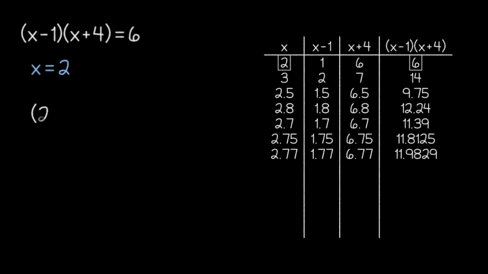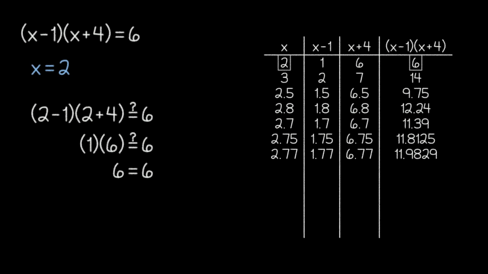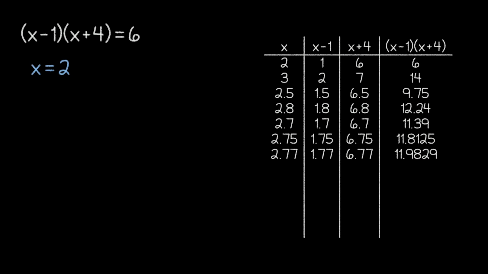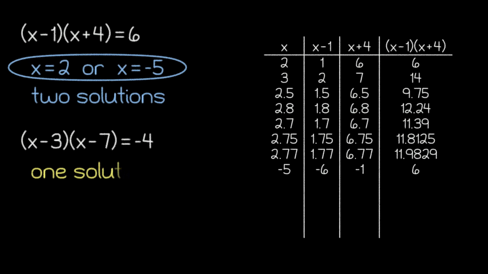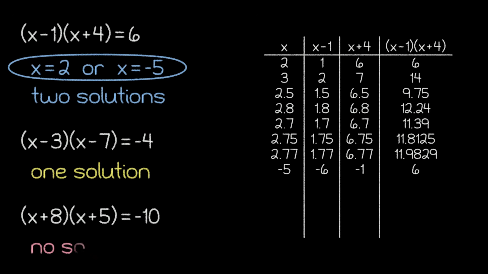Well, yes, x can be equal to 2, and that is a valid solution to the equation. However, there's another solution to the equation that we haven't encountered yet. If x is equal to -5, then the factored expression is once again equal to 6, which means that -5 is also a solution to this equation. It turns out that quadratic equations aren't limited to just one solution. Similar to absolute value equations, they can have up to 2 solutions, but there are also times when they'll only have 1 or even 0 solutions in the real numbers.